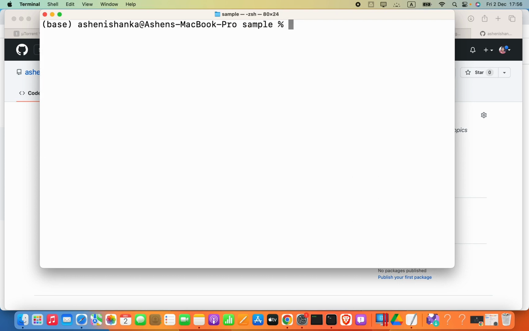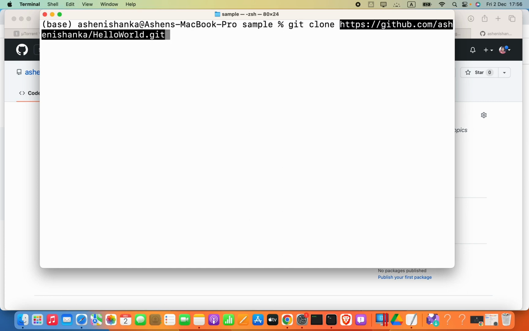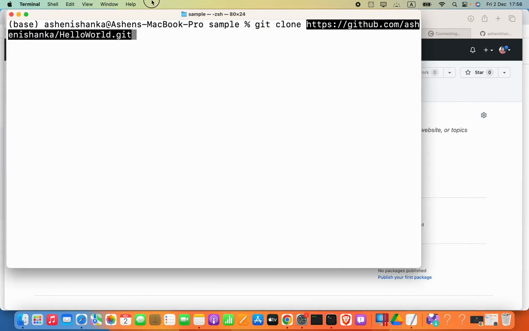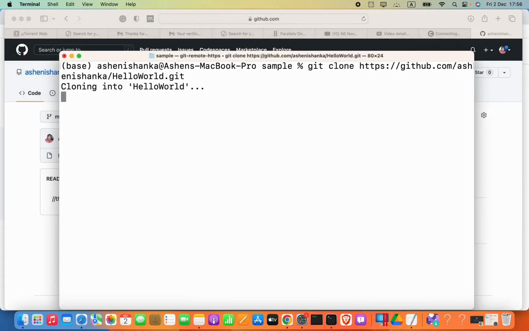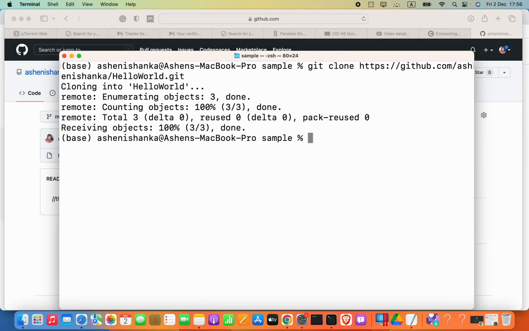Now to download that project, we have to say git clone, and then we have to pass in the URL that we copied from the HTTPS section in GitHub. Now I'm going to press enter. Okay, now if we say ls, you can see hello world has been downloaded. I will navigate into there,